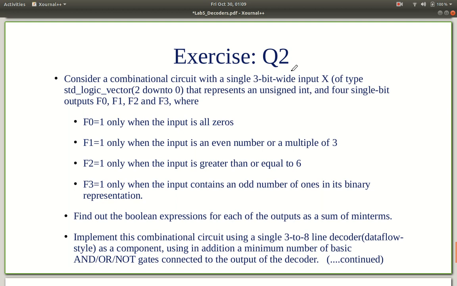So here is the second question for this lab exercise. What we have is a combinational circuit with a 3-bit input X. Sorry, there is a typo here. This is correct. It's no typo. So we have a 3-bit input of type standard logic vector 2 down to 0, and this combinational circuit